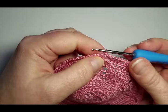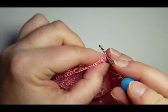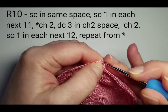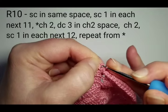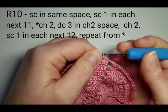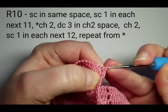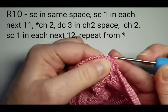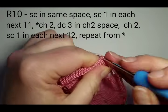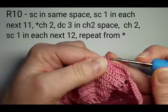And after I finished row 9 with a slip stitch into the second beginning chain, I will start round 10, and I will single stitch in that same stitch and single stitch. That second one is always hard to get here. And single stitch in each stitch around. So that means you'll have 12 single stitches on top of each double crochet. Let's see, 1, 2, 3, 4, 5, 6, 7, 8, 9, 10, 11,